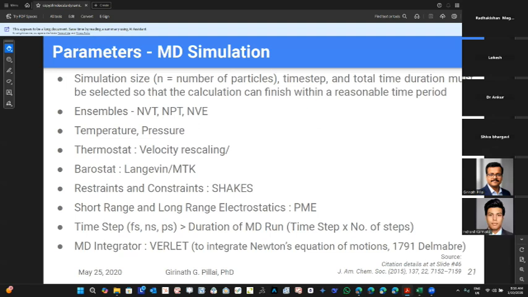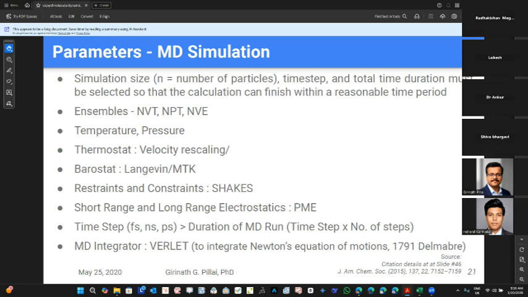The total time duration must be selected so that the calculation can finish within a reasonable period of time. It's not that everybody's running 400 nanoseconds, so let me also run it. No, you need to have an assessment. For my system, what would be the appropriate time step that I have to give? And also the ensembles like NVT, NPT, and NVE, temperature and pressure, what kind of thermostat and barostat you have to choose for your calculations,